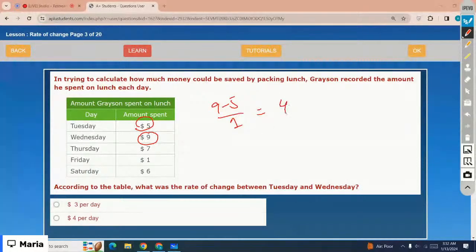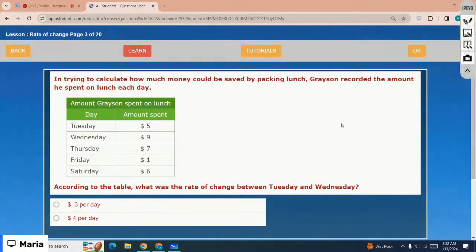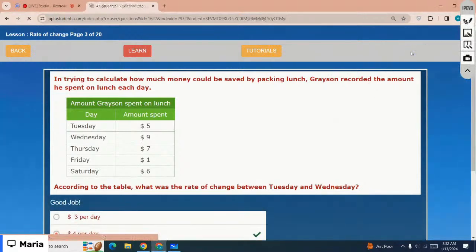9 minus 5 is 4, divided by 1. That means that is $4 per day. The correct option is $4. Got it? The correct option is $4 per day. Okay, for the next one, you have to calculate the value, right? Okay, the next one is